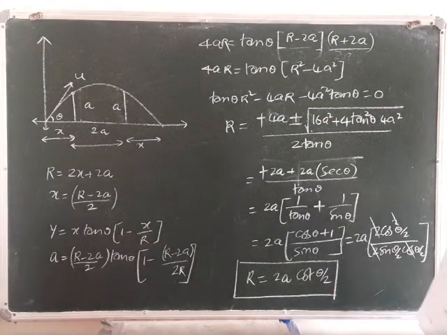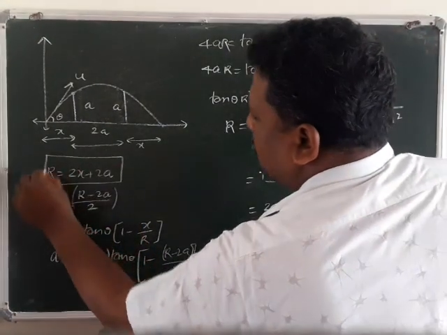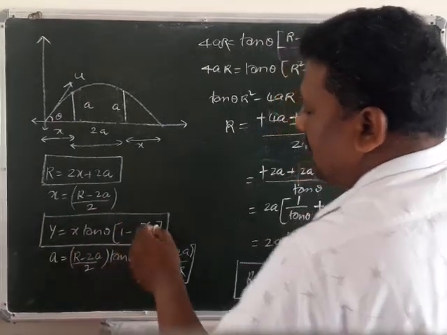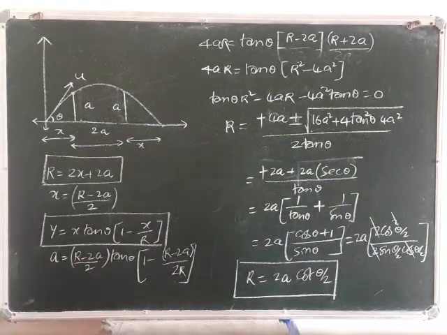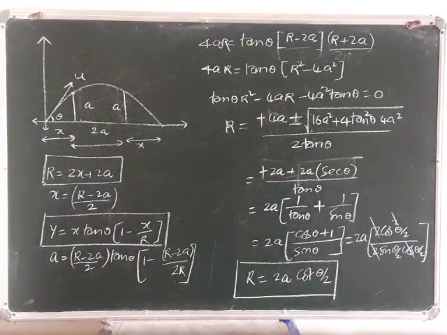See, once again, only by using the total range R equal to 2x plus 2a. Next one is a kinematic equation. Here y is equal to x tan theta into 1 minus x by R. We simplified the equation as